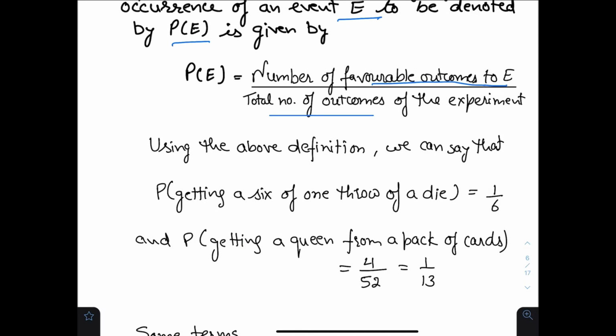Using the above definition, we can say that P of getting a 6 in one throw of a die is 1 by 6. That means what is the probability of getting a 6 by throwing a die? 1 by 6. Similarly, what is the probability of getting a 5? 1 by 6. And P of getting a queen from a pack of cards is 4 by 52, because